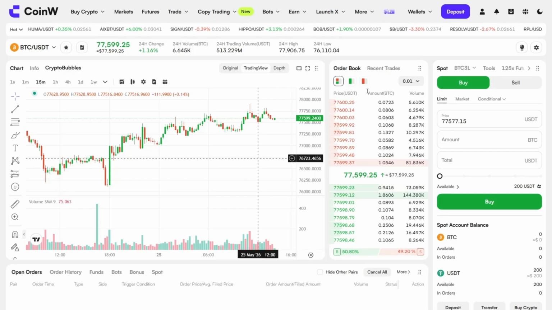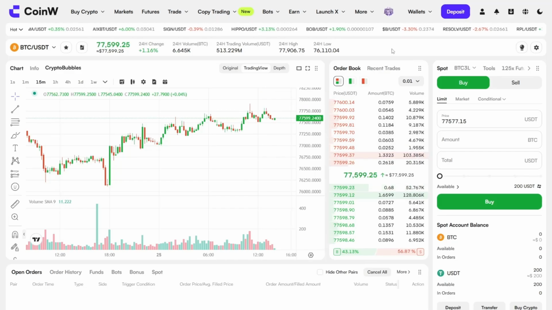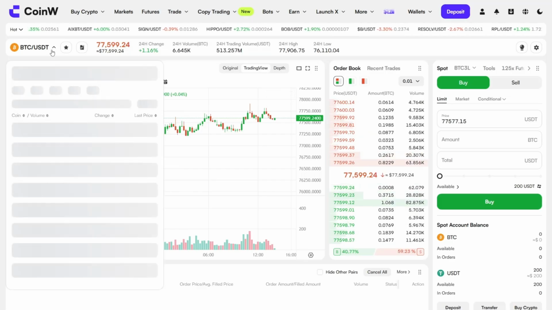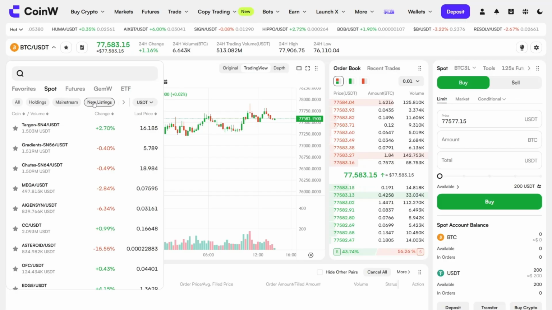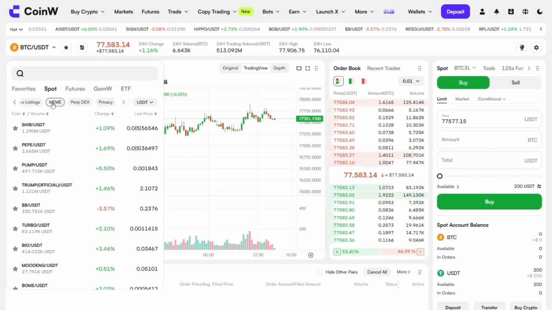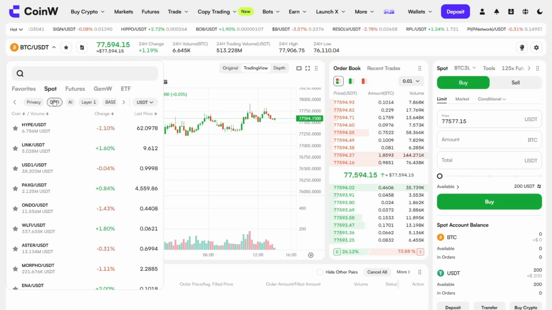Now that we've figured out our layout options for the UI, the next thing we're going to do is choose our token that we want to trade. In the top left of the UI is where we can do this. For this tutorial, we are going to trade Bitcoin, but Coinw has many other tokens available. You can browse mainstream tokens, new listed tokens, or other categories like meme tokens, DeFi tokens, or whatever you are